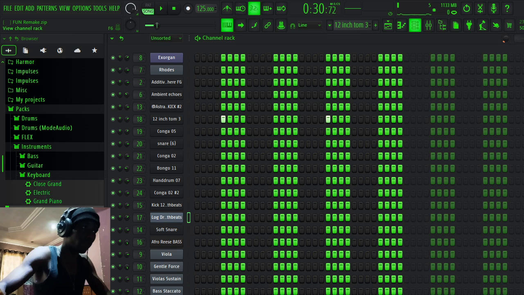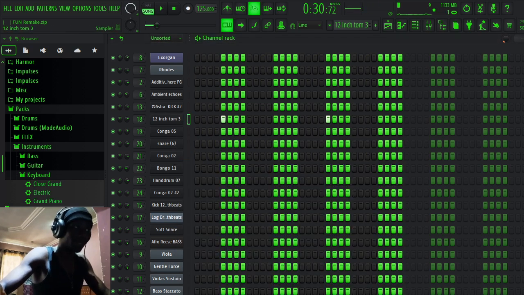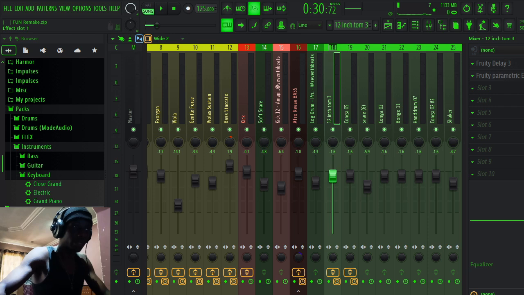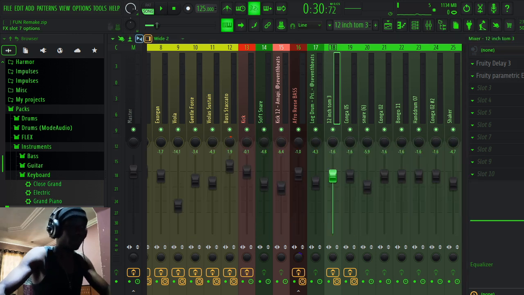Then I have this tom. Now, as you can see, there's a delay on it because there's a little delay in the song. So I just added a Fruity Delay. The time is at 2, the level is 39.7, the width is 37.6. I turned the tone up a little bit, cut off around 12,600 hertz, and added a little bit of resonance, and here's how it sounds